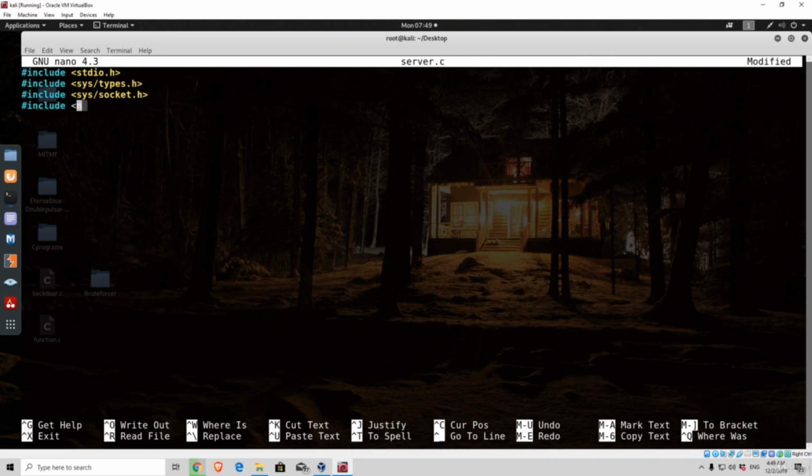Let's go right here, netinet/in.h. The fifth one is going to be the usual one, which is the stdlib.h. The sixth one is going to be string.h for the string manipulation. And we have 2 more. The first one is unistd.h. And the last one is going to be arpa/inet.h. Okay, so now that we have all the libraries included that we need for this server, let's continue with